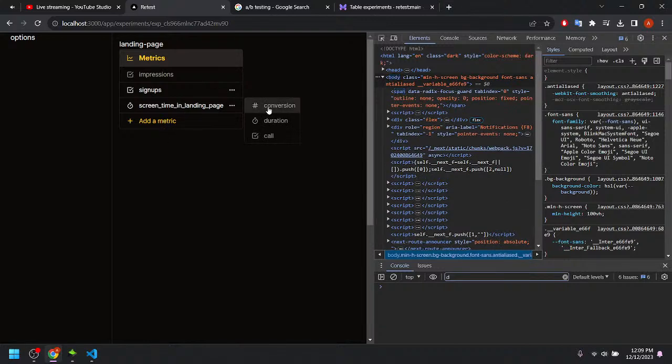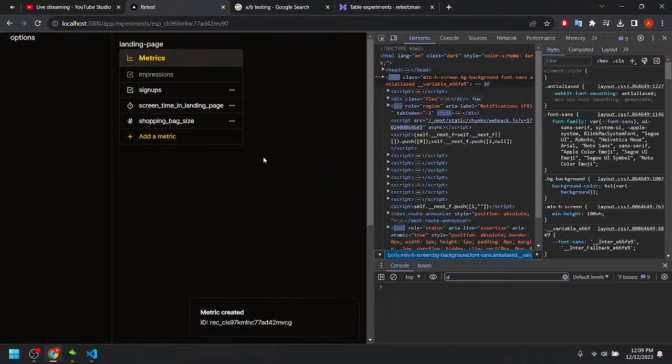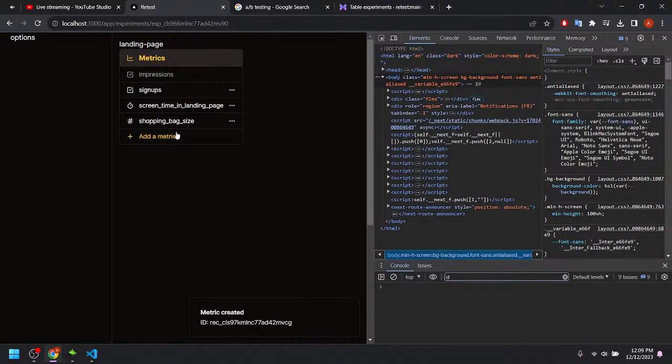And last but not least, there are conversion types. For example, let's say we are measuring how many products are in the shopping bag of a session. So we can say shopping bag size, for example. We can create that, and that's it.